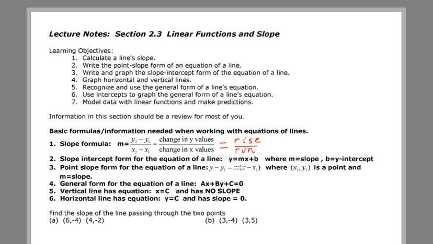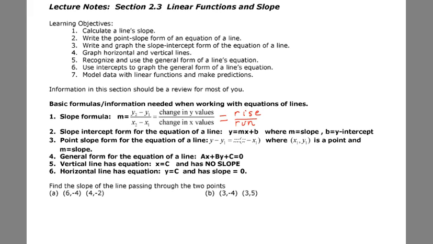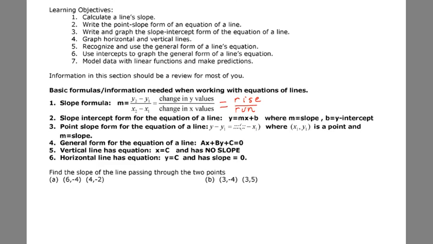A little information about vertical lines. They have an equation of x equal to a constant, and vertical lines have no slope. And horizontal lines, their equation is y equal to a constant, and they have a slope of 0. Most of that should just be a review from some previous class you've had. So let's get started with the slope formula, where we want to find the slope of the line that passes